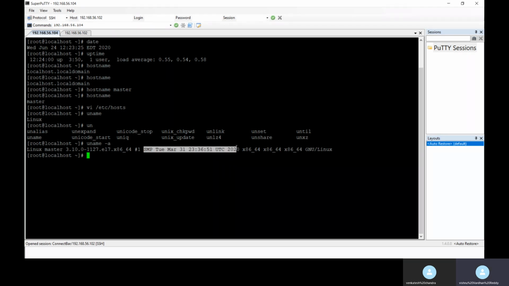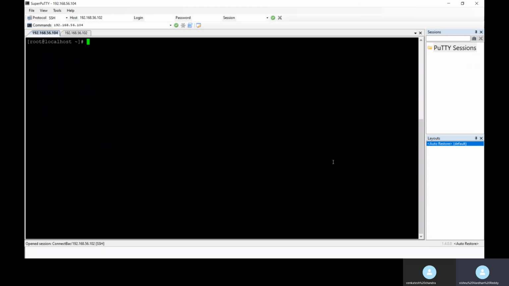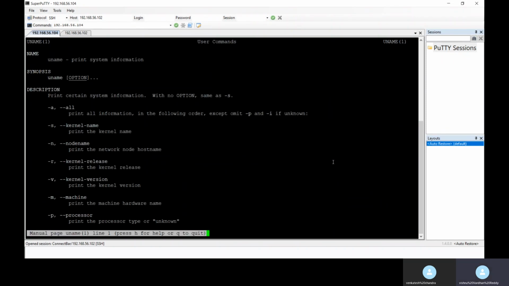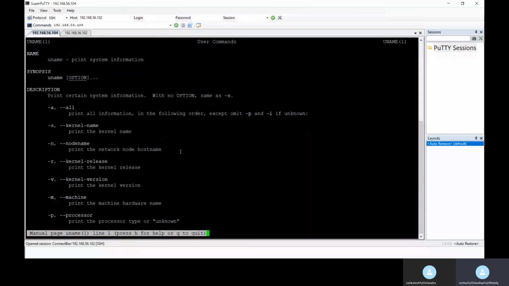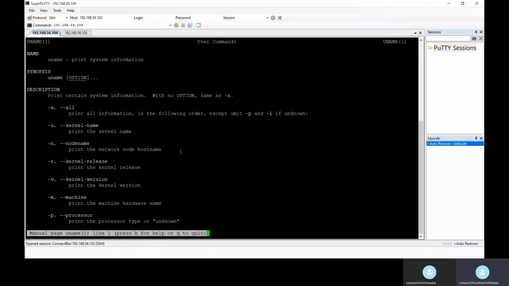It was the latest one, recently downloaded from the internet. It shows this is 64-bit, and then gives the Linux flavor name at the end. If you want to check only the release, use uname with a hyphen option, and it will give only the kernel release version. Like that, you need to check. You can also run man uname, and it will give all the complete information about the Linux flavor.